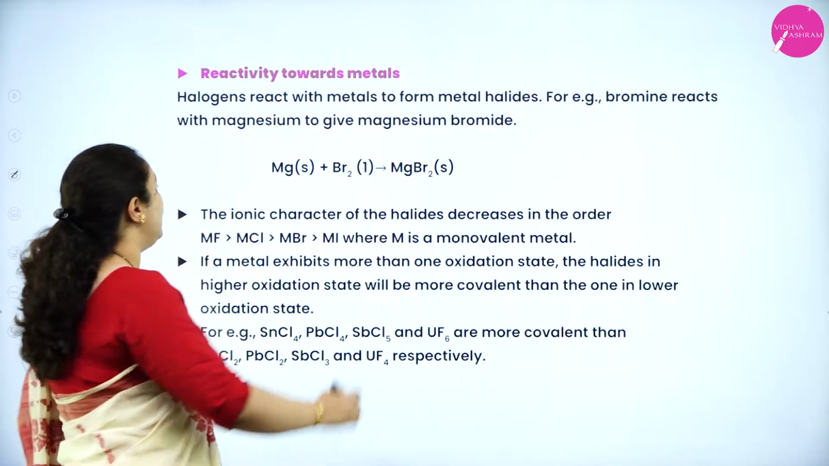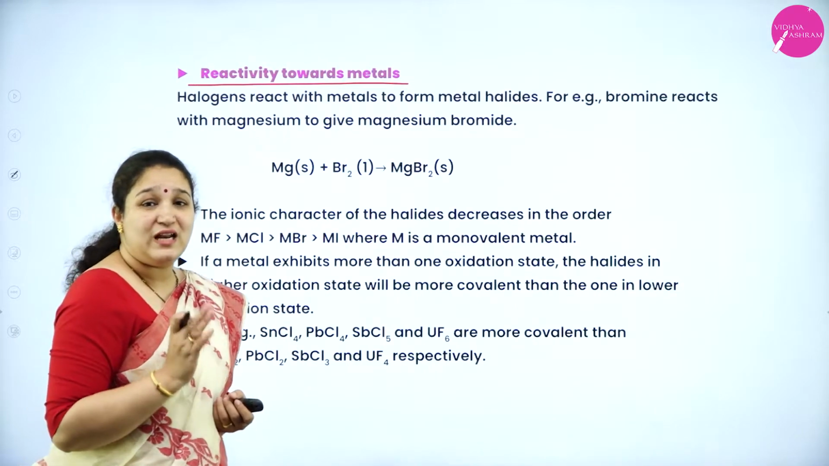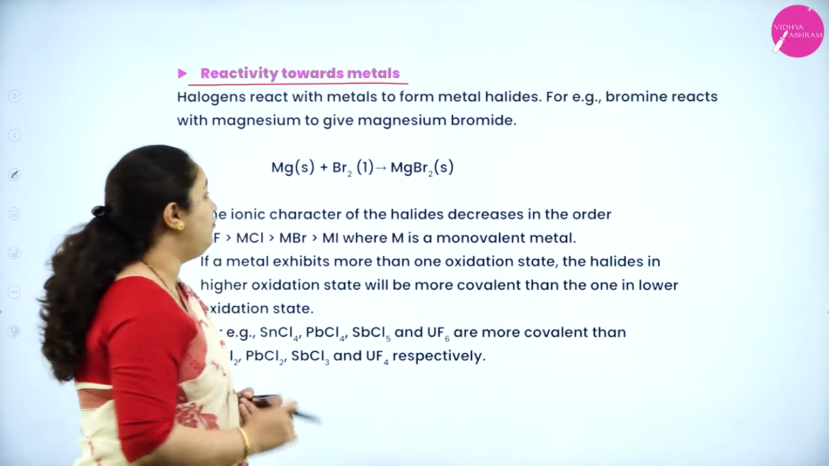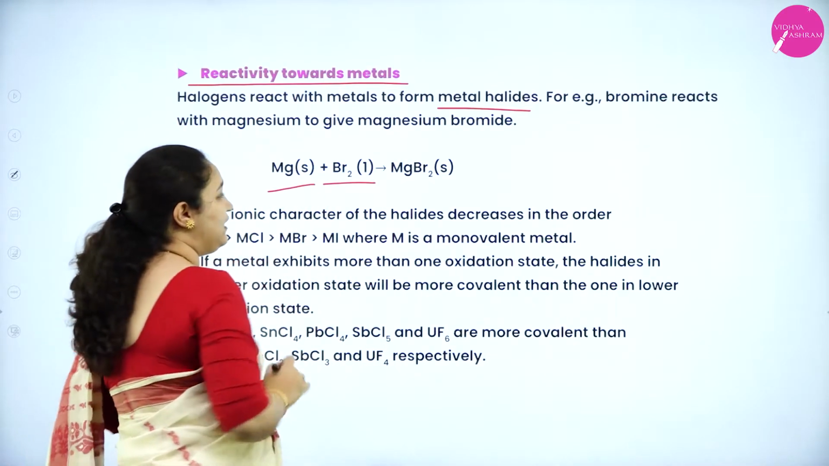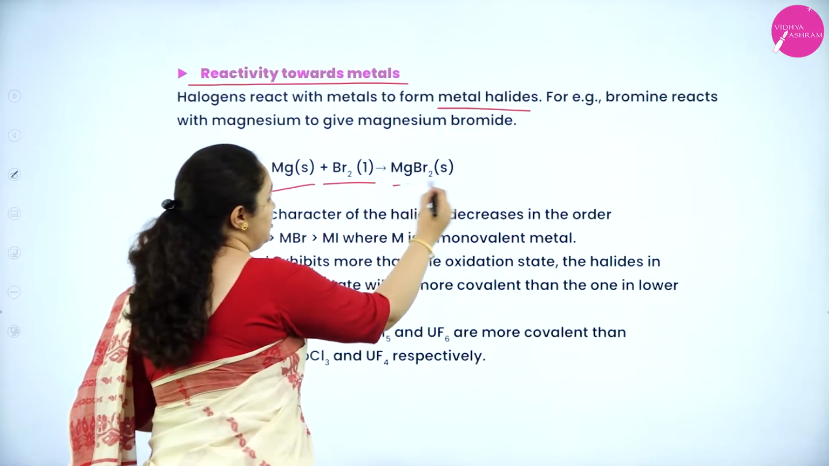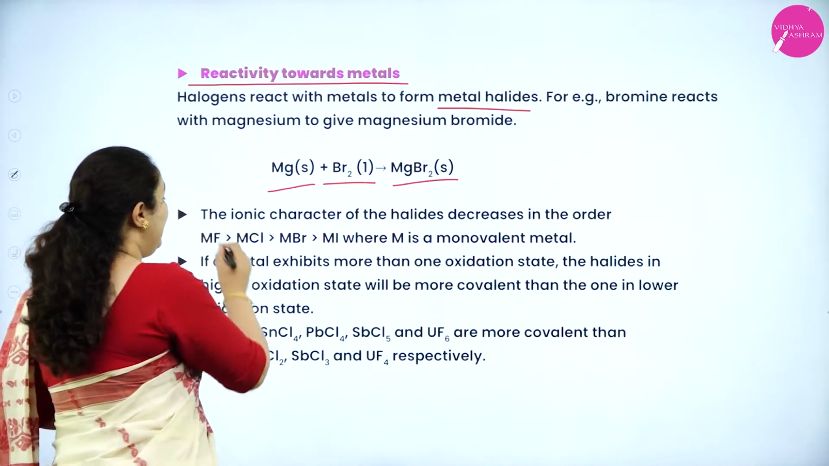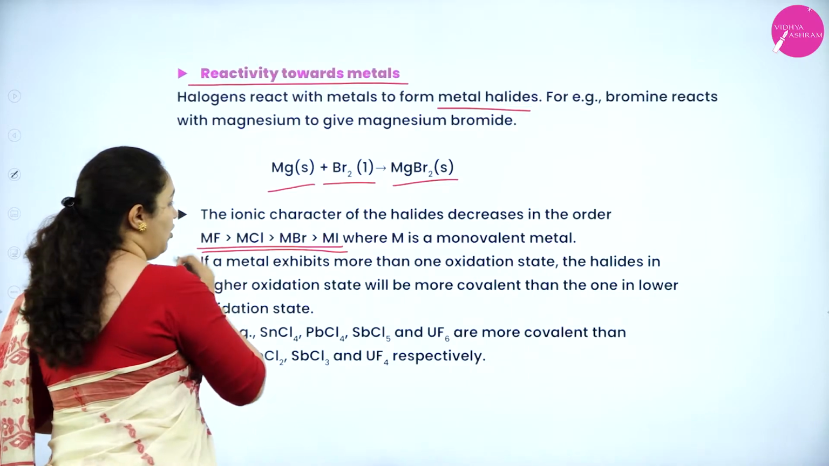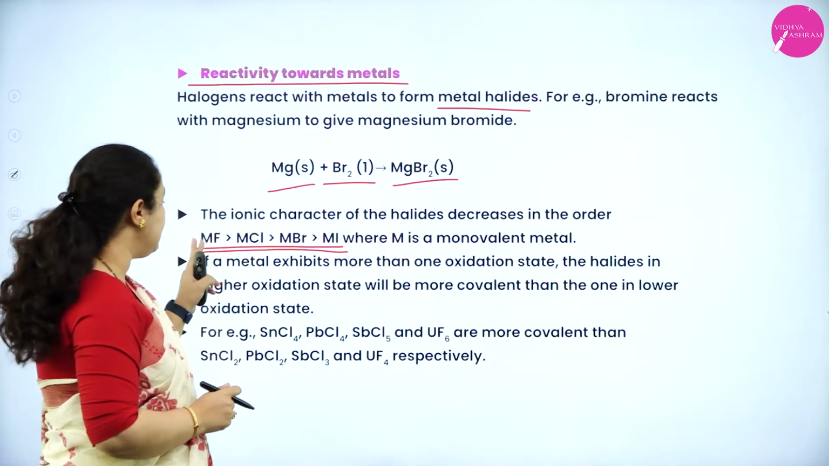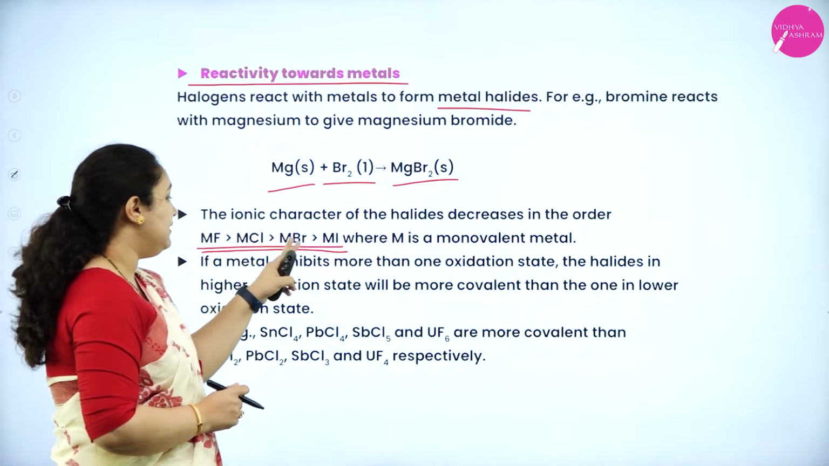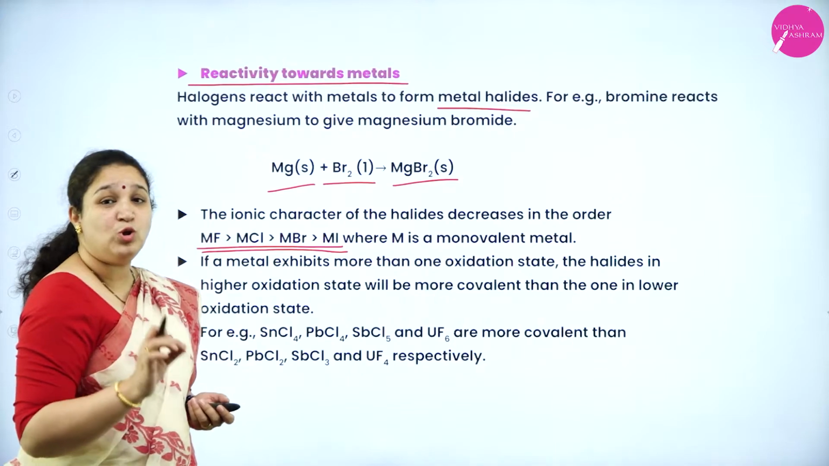Next we are going to study reactivity towards metal. Halogens react with the metal to form metal halides. For example, you can see bromine reacting with magnesium to form magnesium bromide. Okay, but the ionic character will follow this order. That is, the most ionic metal halide is MF, then MCl, then MBr, then MI, where M is a monovalent